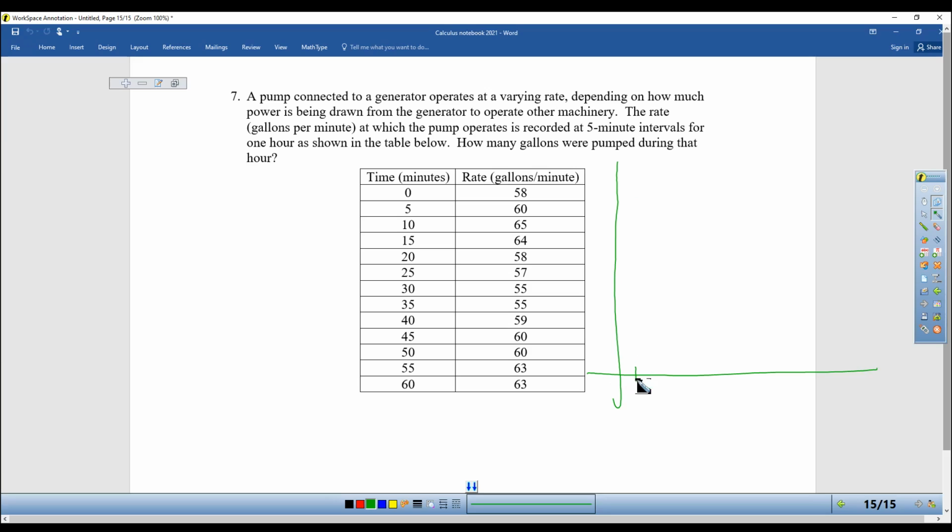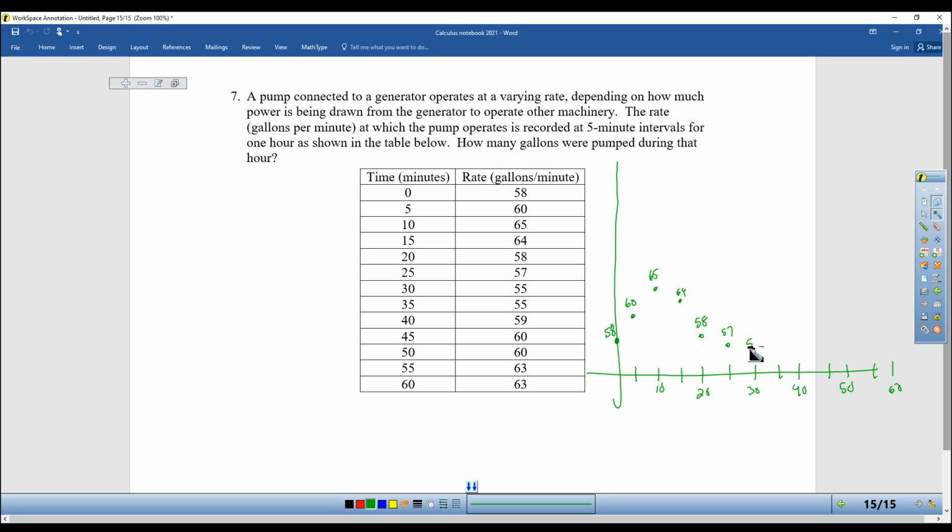So I need 5, 10, 15, 20, 25, 30, 35, 40, 45, 50, 55, 60. So I'm just going to kind of throw them on there. Let's say this is 58. Then this would be about 60. And then this would be about 65. This would be about 64. This would be back at 58,